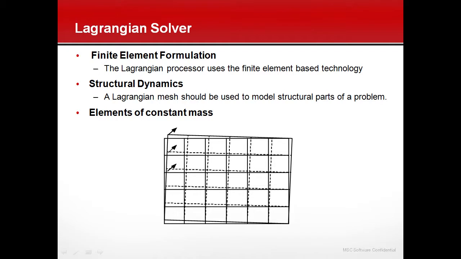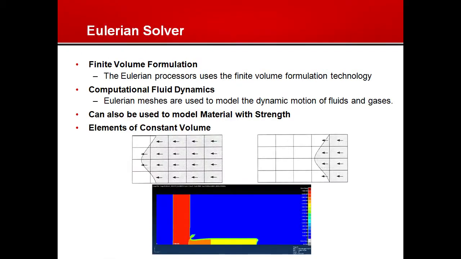Very similar again. Now, conversely, an alternate technology is the Eulerian solver, which is also part of the explicit solvers typically. At the bottom there is an example of this. This is a stationary mesh. If I were to show you that mesh, it happens to be a very fine mesh, so I don't show it, but you'll find that the elements don't move. What's moving in that is the material from element to element. Essentially a fluids problem. So we apply initial conditions here, in this case a bullet hitting a flat plate. We define what the materials are, where, and in this case the bullet would have a velocity,